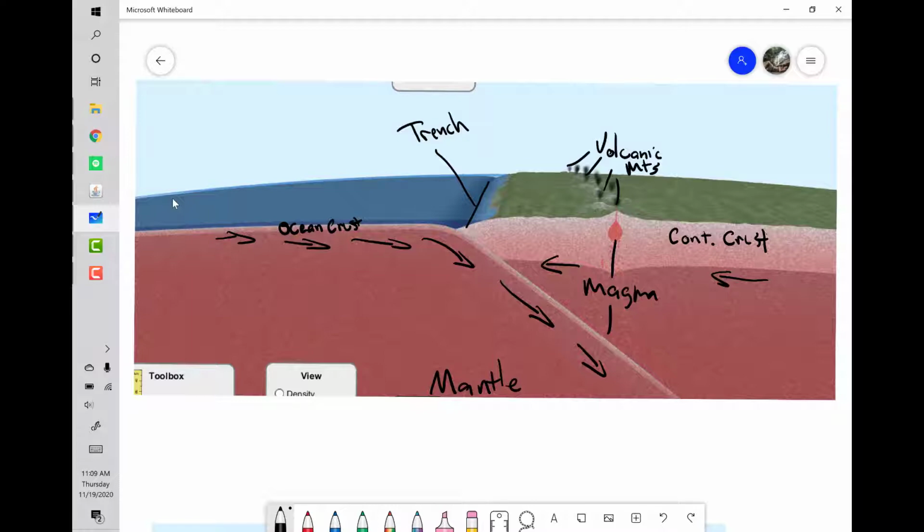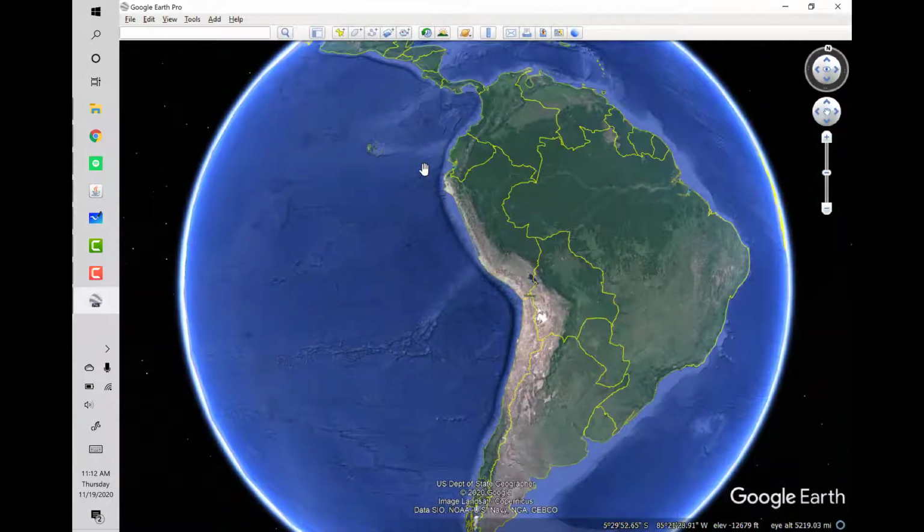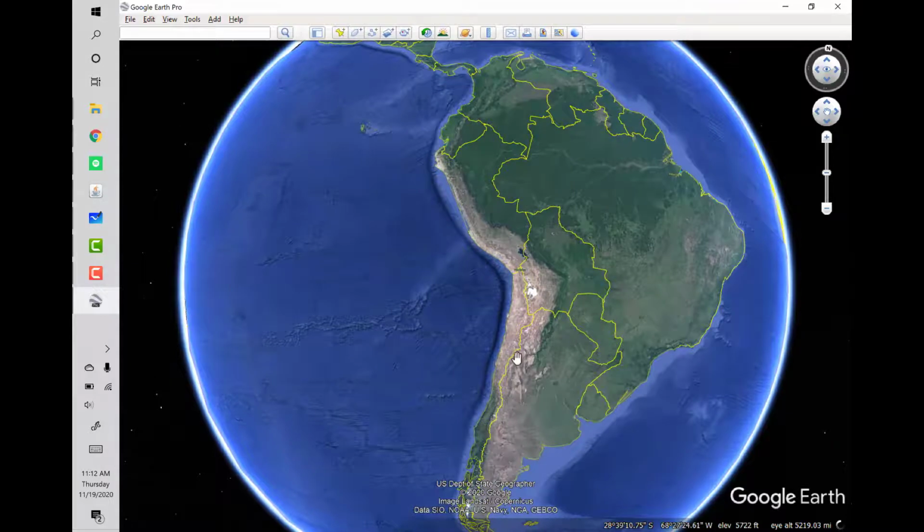When two plates, an ocean crust and a continental crust, collide, the ocean crust subducts, melts, causing that magma that is less dense to rise up through cracks in the continent and form these volcanic mountains. So notice this is the profile that we drew a few days ago, if you were in class, where